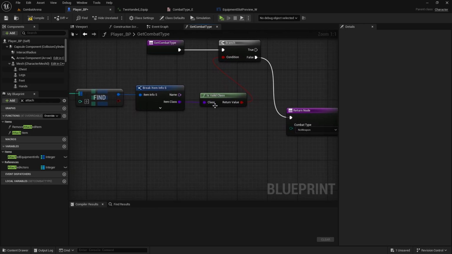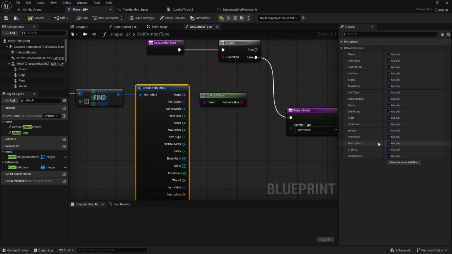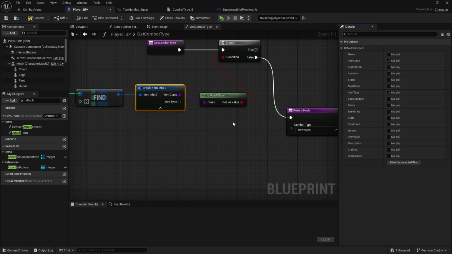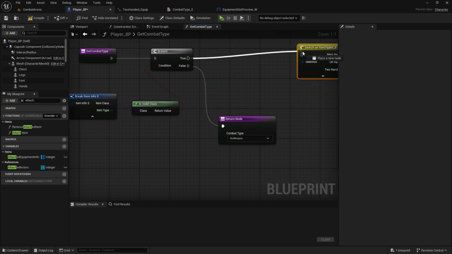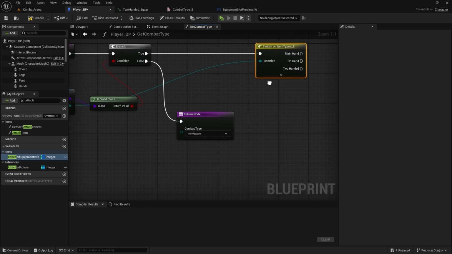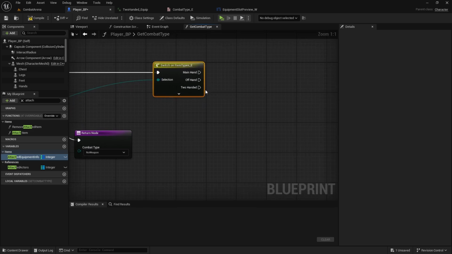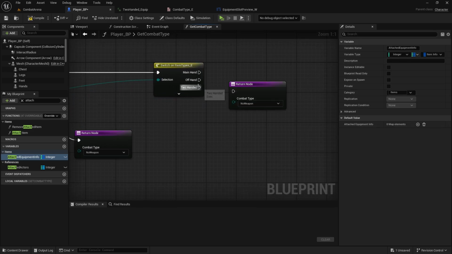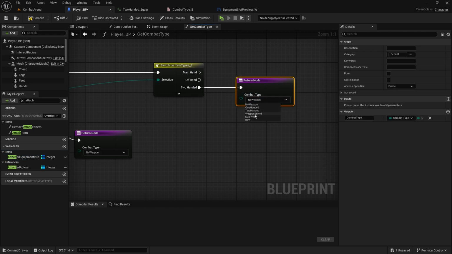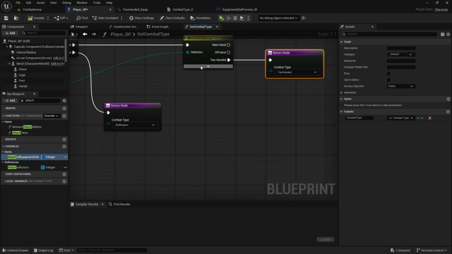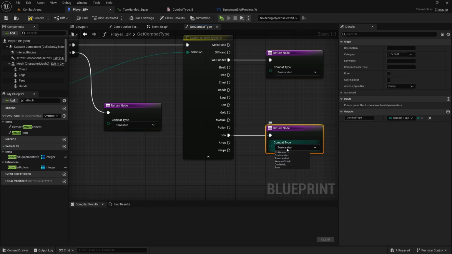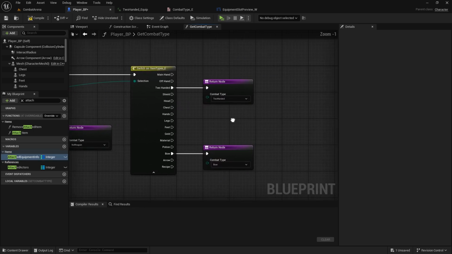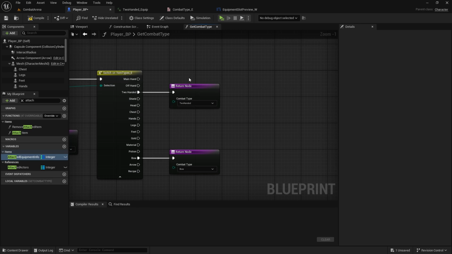So after this we also want to, I'm going to hide unconnected pins and just get item type as well. We're going to switch on item type, on true, and now if we have 200, we're going to get this return node and return 200. We don't need to check anything else. If we do have bow equipped in the main hand, we're going to return bow, and then if it's a main hand,